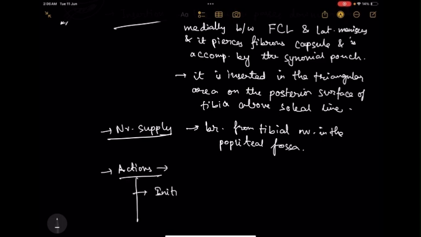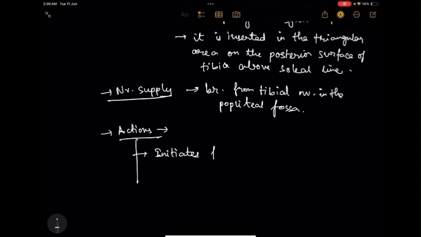Initiates flexion. I hope you remember it's the unlocking muscle of the knee joint. Very important action. Flexion of knee joint. You forget other actions, you have to write this one. In the knee joint also you'll come across it. Here also you'll come across it. By unlocking the locked knee,